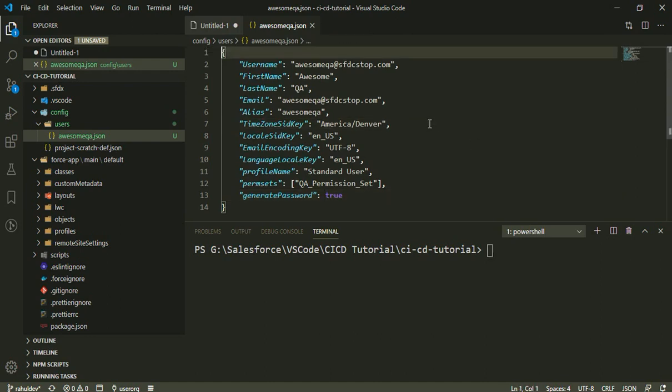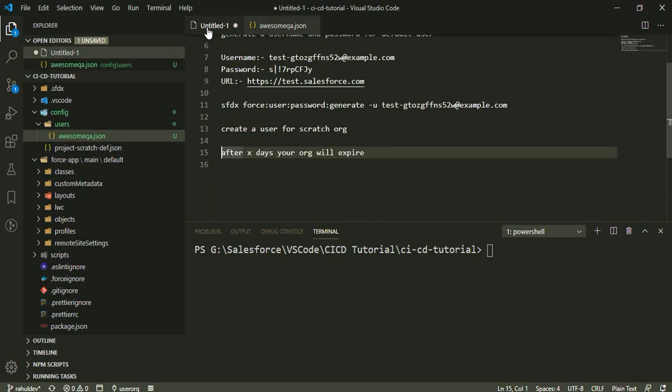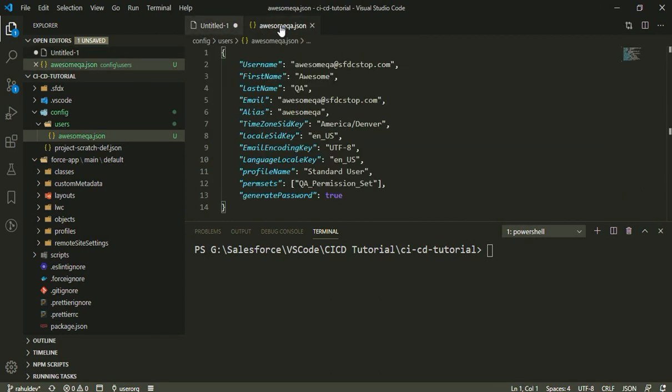So now I have my JSON file here, which consists of all the metadata for my particular user that I am going to generate or create, right? So how can I create a user? In order to create a user, you need to execute this command, which says sfdx force:user:create, right? And now I need to specify an alias for my user. The alias is specified by -a, and let's name it awesomeqa1, right?